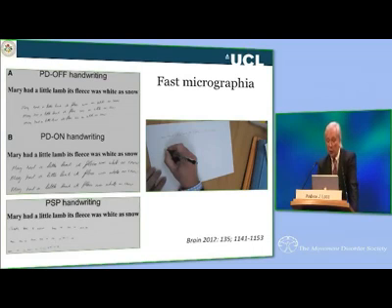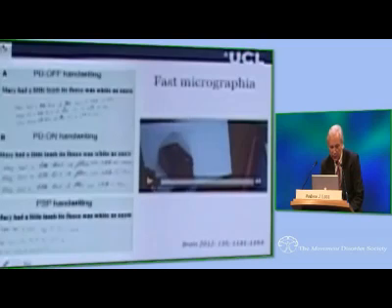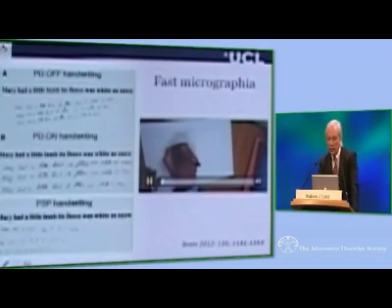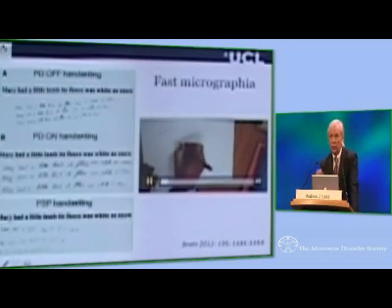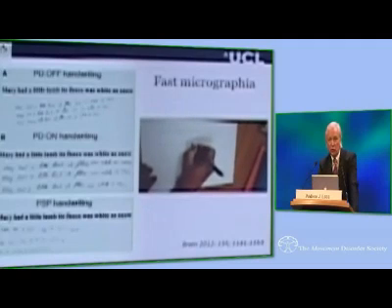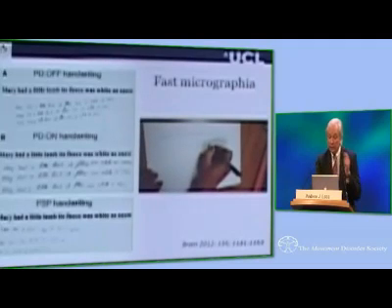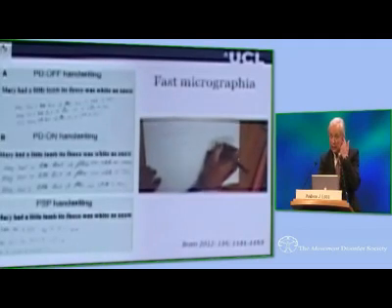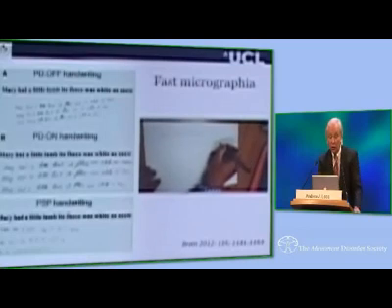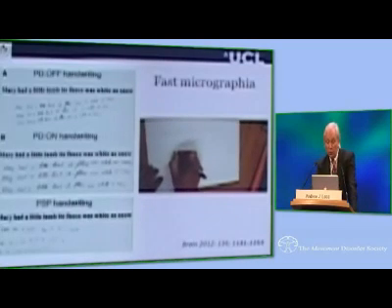And then right at the bottom, you see this very classical microscopic micrographia, which you see in a few patients, but not all patients with PSP. This is fast, and it's incredibly small. You need a hand lens to read it, just to show you one of these patients writing. So patients with PSP have much more micrographia generally than patients with PD, but it doesn't correlate very well in either group with the